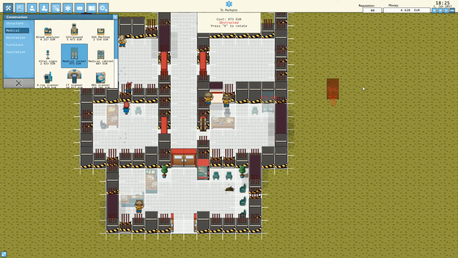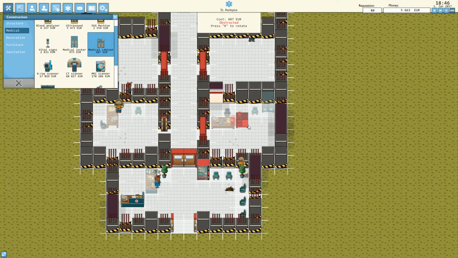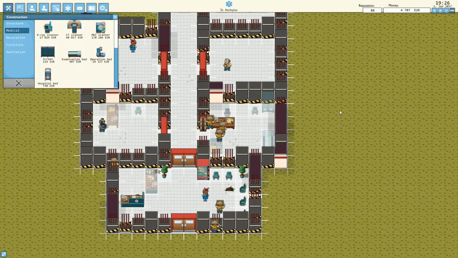And I know for the examination room we need a medical locker. Nope, we need a medical cabinet, I believe. Damn it! Why didn't you warn me, internet? Why didn't you warn me? And an examination bed. Because this was in the...